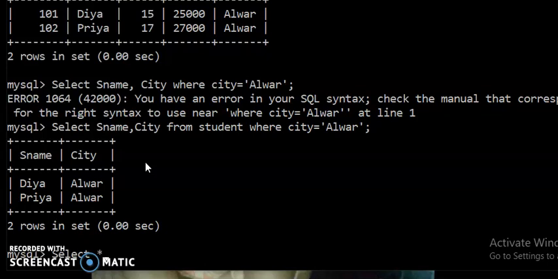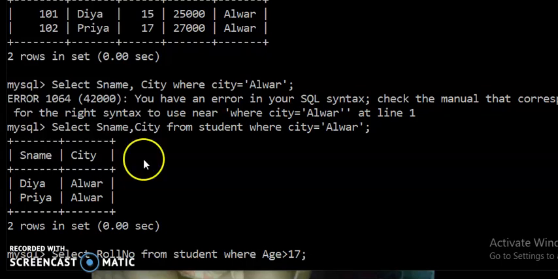And just like I want to select the record, select as name, only two columns I want to access. Select roll number from student where age is greater than 17. Now I want to access the records whose age is greater than 17. So now I want to access only the roll numbers of those students.